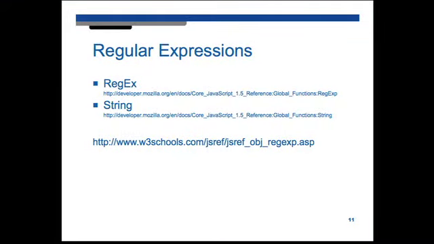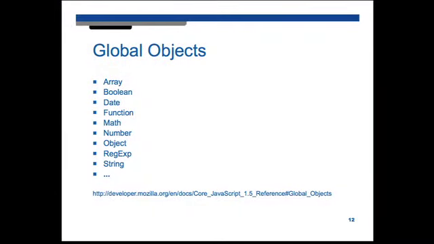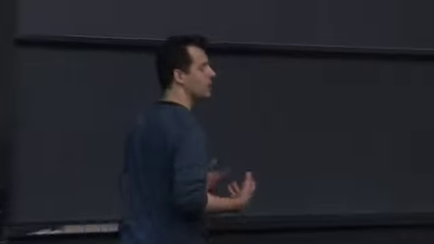Strings, too, have actual properties and methods associated with them. And we'll see that functionality before long. And just to give you a sense of the global objects that exist in JavaScript, we have, again, arrays, but there's also dates, functions that we've started to use. There's actually a math object that has things like rounding and ceiling and floor and related functionality that's just generally useful to have. Numbers and strings themselves are objects. So in short, JavaScript is very much about this paradigm of objects having properties and methods, as we've begun to